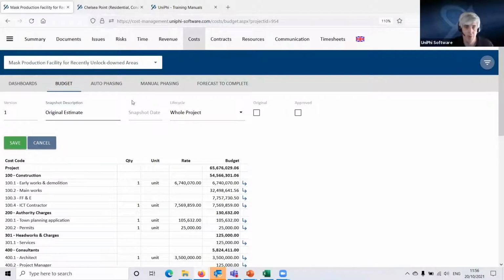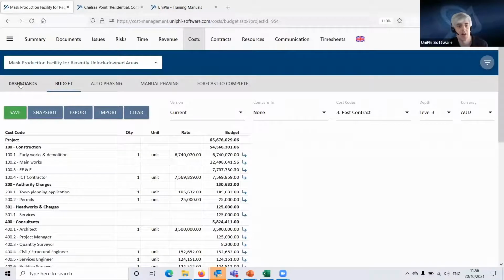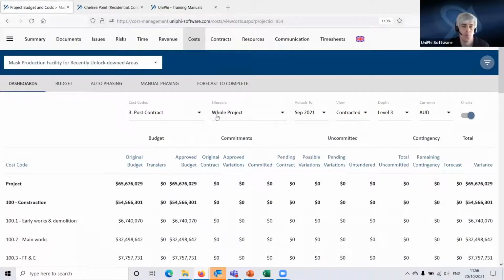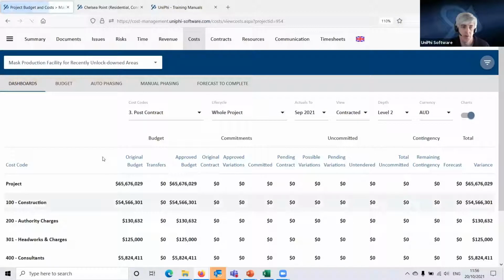So we can have budgets set for different life cycle phases, but here we're just going to do whole of project. So, this is telling me it already exists, but I'm basically saving over my snapshot one. So what this is doing now is populating, and I'll just make this level 2 so we get just the summary